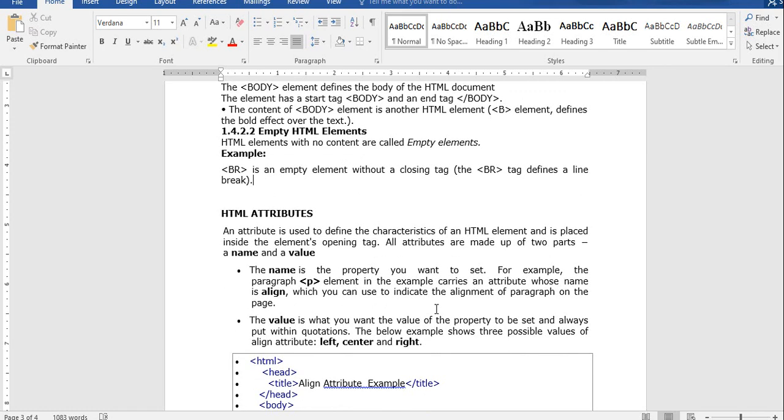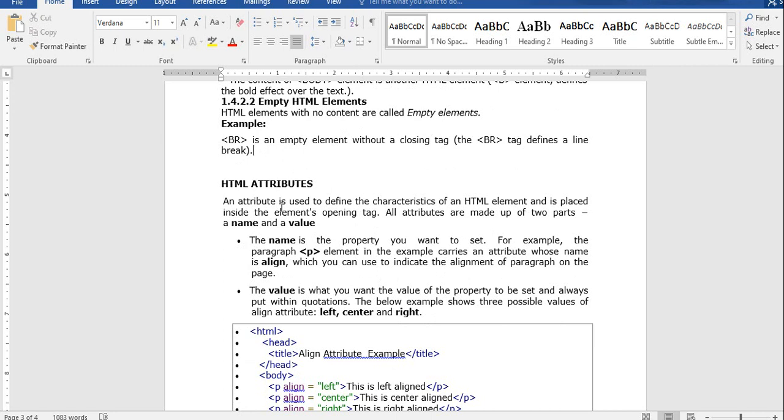Next, some tags will have attributes. Attributes are nothing but properties of the tags. For example, how you want to display the title, or if you want to display the body background colors, the effects or the properties of that particular tag are nothing but attributes.